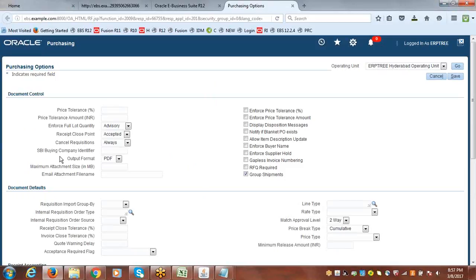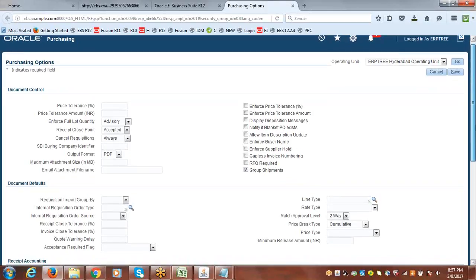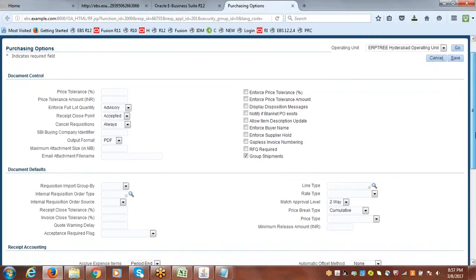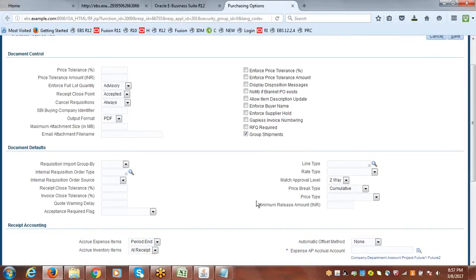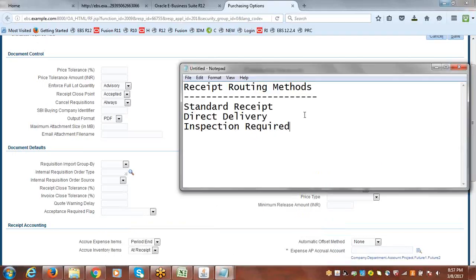So here you can just set up very basic and mandatory information. Here I recommend you to make a note that we'll be discussing before we get into the actual discussion. Take the point as